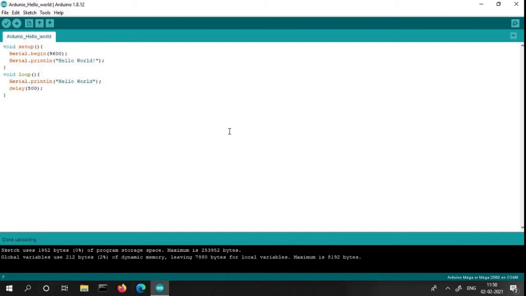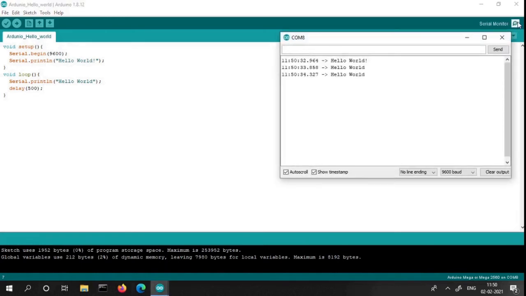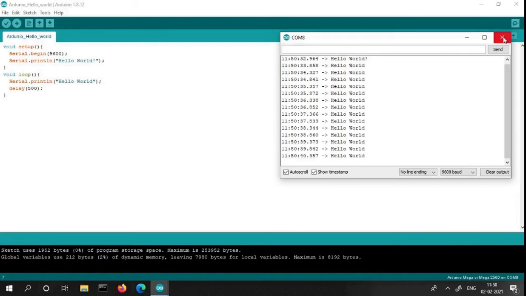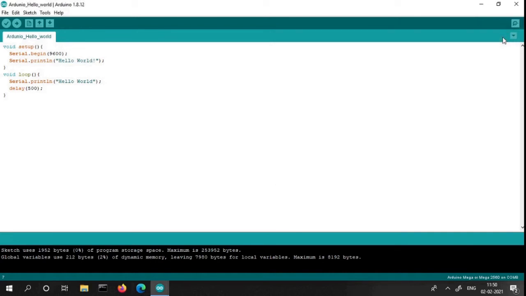What is the difference between putting a command in the setup and the same command in the loop? We have loaded it and we check it in the serial monitor on COM 8. We can see it is repeating. The hello world is repeating at an interval of delay 500.